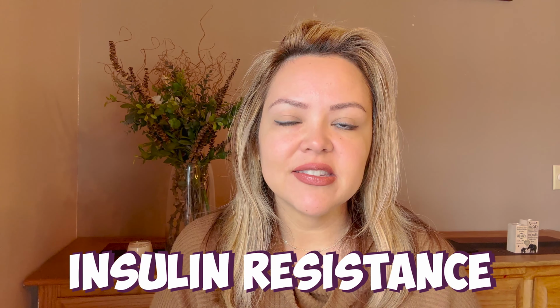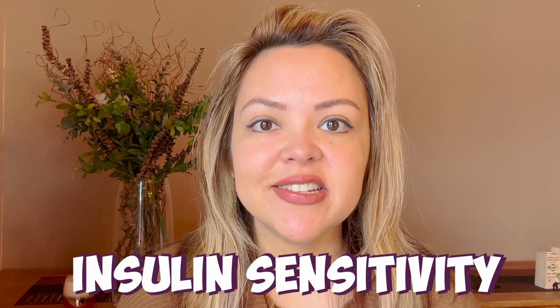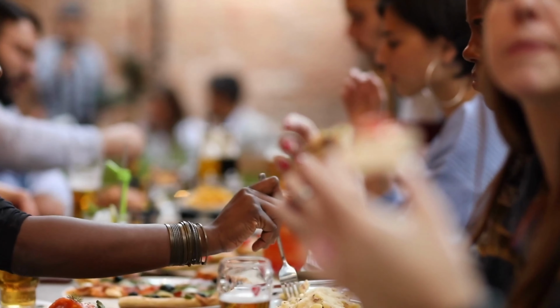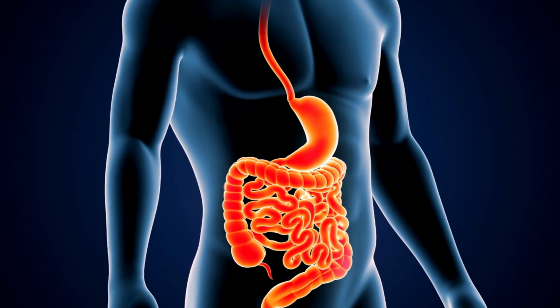They also report that magnesium deficiency results in things such as impaired glucose transport and a decreased utilization of glucose by cells. Not only that, they also explained that magnesium deficiency results in chronic inflammation, which can perpetuate that cycle of insulin resistance. And we know that there is a connection between reducing inflammation and increasing insulin sensitivity. The article also points out that individuals may not be taking in sufficient magnesium through their diet, while at the same time eliminating it through the natural process of urination, or they may be suffering from malabsorption of nutrients within